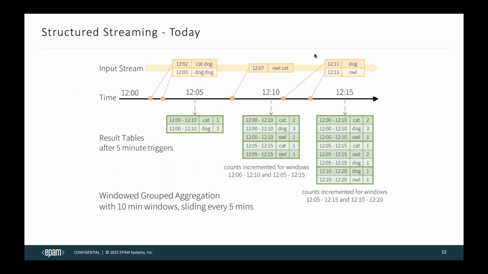Okay, now I would like to talk about something called window operation. Whenever we are working with any streaming technology, you can define a processing window. So basically here, our window will be 10 minutes and we will be sliding it every 5 minutes. Once we get two messages at 12:02 and 12:03, at 12:05 our result table will look like this. At 12:10, we moved the slide, but your window is still 12:00 to 12:10, and then this is the result table in the second part. Then we moved one more time to make calculations and so on.